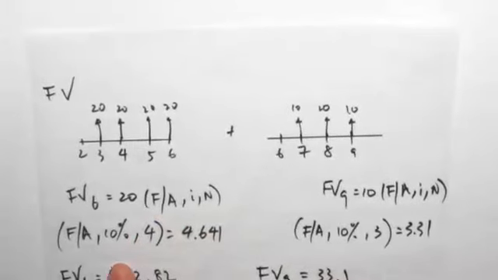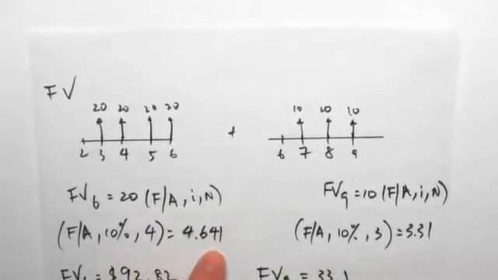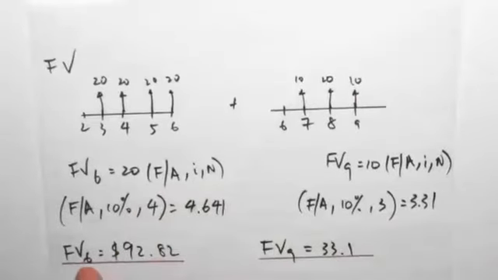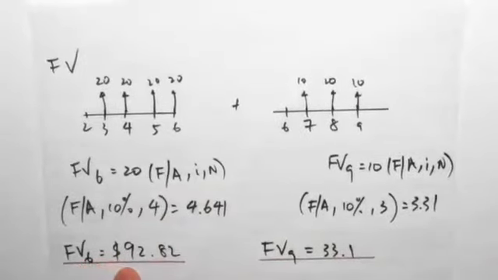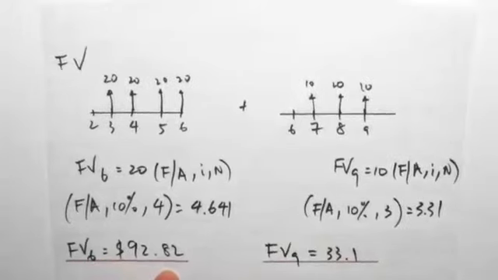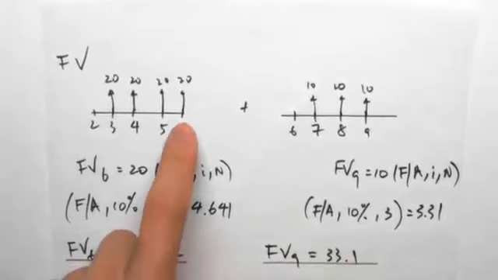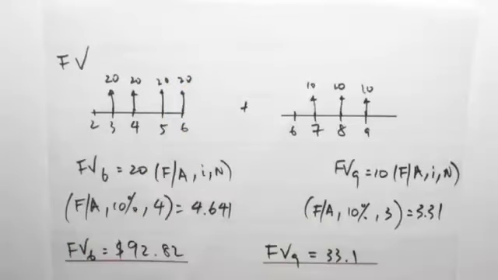We know that i is 10%, we know n is 4, so we can work out our factor. So we can find that the future value is $92.82. Remember, this is at the last annuity payment. So future value is always at the last annuity payment. Similarly, we do the same thing for the 310s, and we work out the future value at year 9 to be